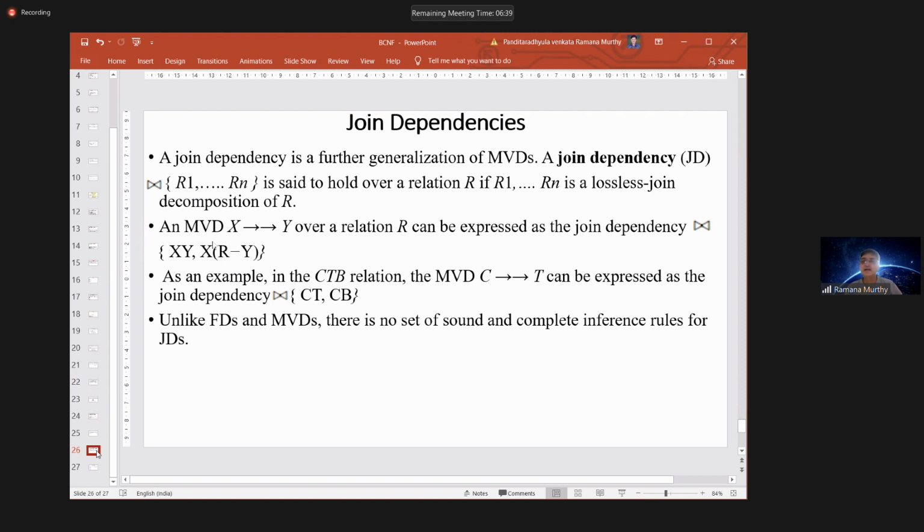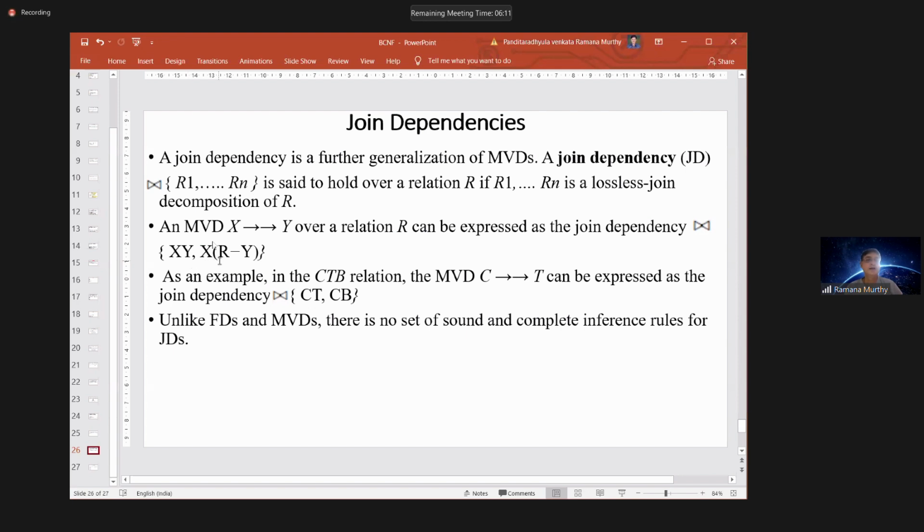We are having another type of dependency called join dependency. What this join dependency is saying is, even if you have the multi-value dependency that is represented as X multi-value dependency Y over a relation, this can also be represented in another way, because you divided this particular table into XY attributes in one table,